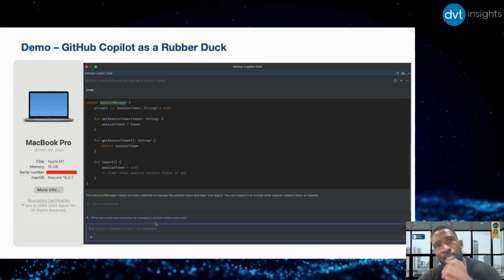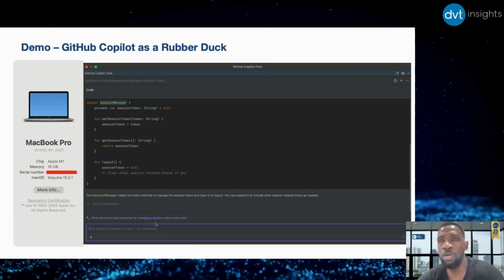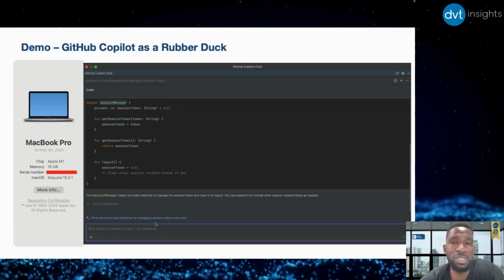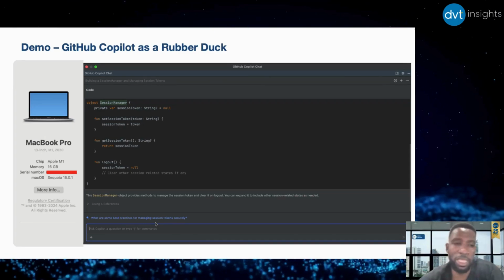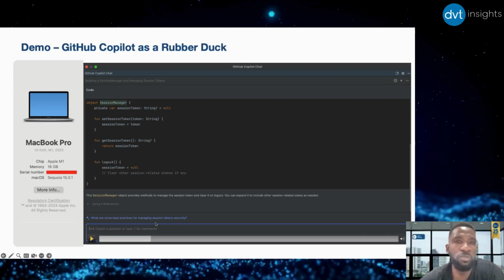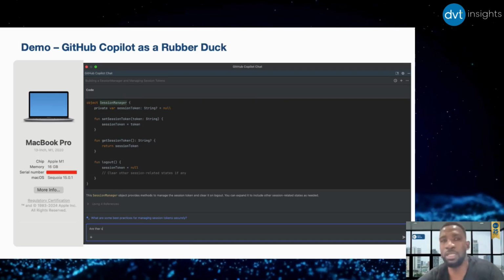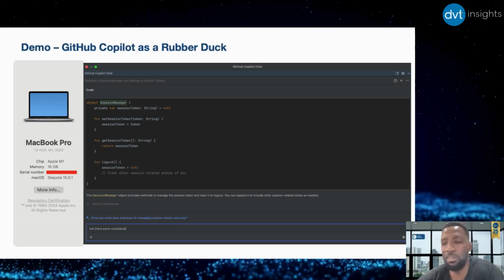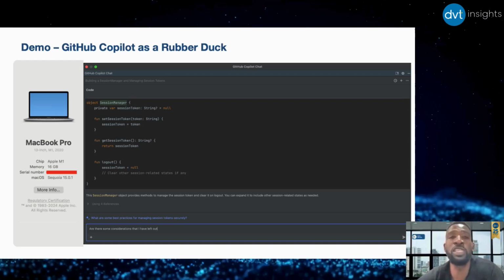Now, as I said, I want you to see the full capacity. It doesn't stop here. When you have a fellow developer, it's not about give me code. It's about, is it sound? Have I left something out? And I went even further. Then I added another prompt to follow up with this, where I'm asking GitHub Copilot, let's see as it types, are there some considerations that I've left out? What are other factors that will influence the current implementation?